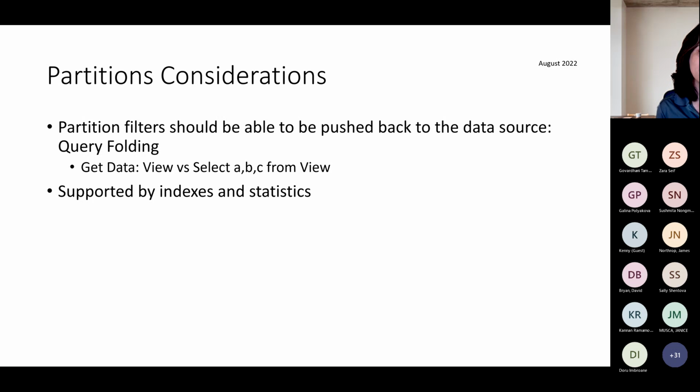And one of the things that you have to remember is that whether you're doing incremental refresh or not, you lose query folding as soon as, when you go to get data, instead of selecting an entire object, you write a custom query. You're going to lose the ability for Power BI to fold the where clause into your query. So instead of writing a custom select star from your view, select the whole view. Excuse me. And then make sure they're covered by indexes and statistics. If this is an area you're not familiar with, you can get help from your DBA. This is a part where you want to be super friendly with your DBA.